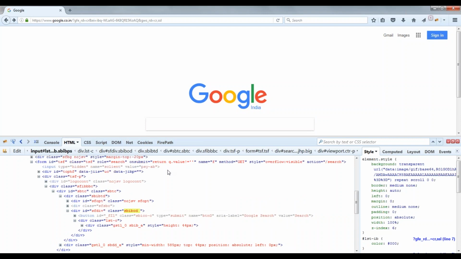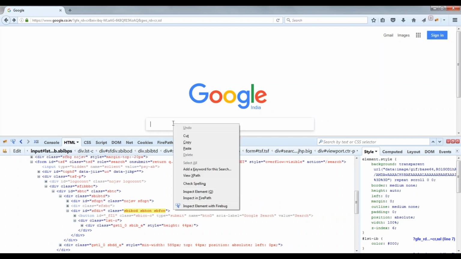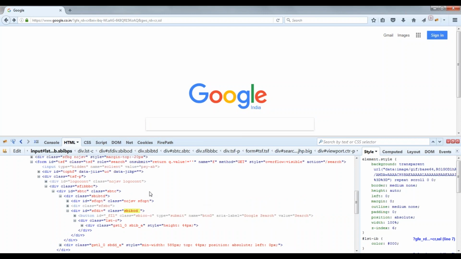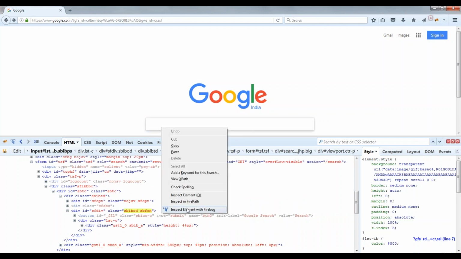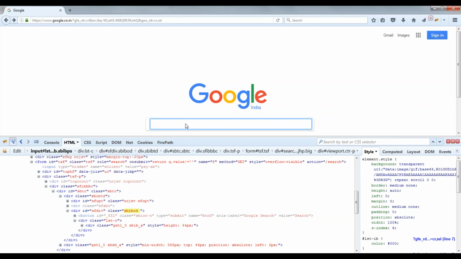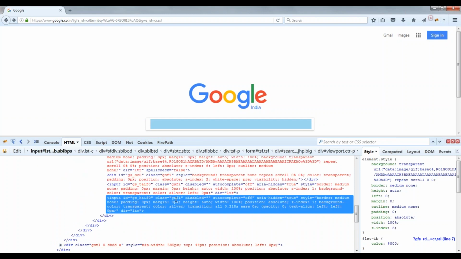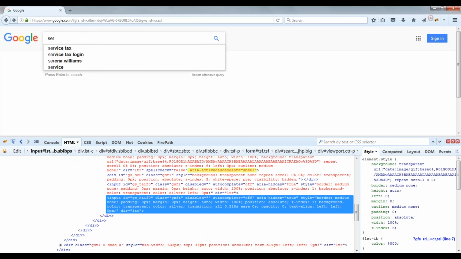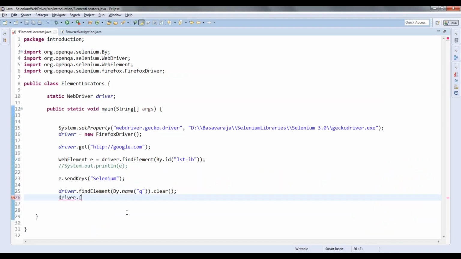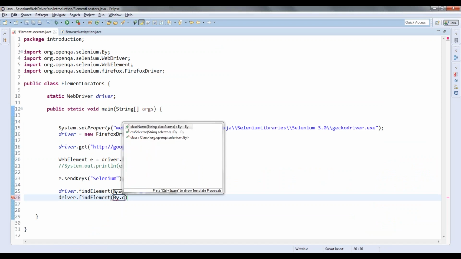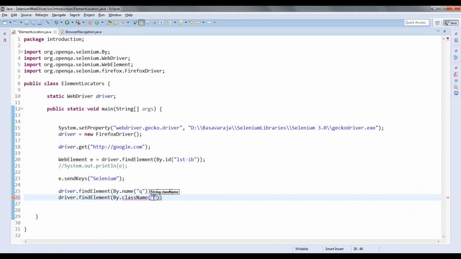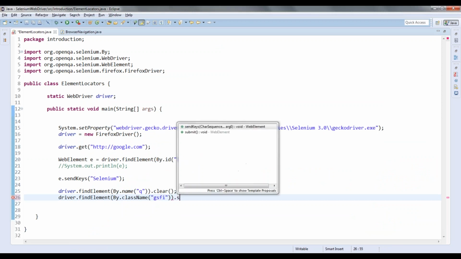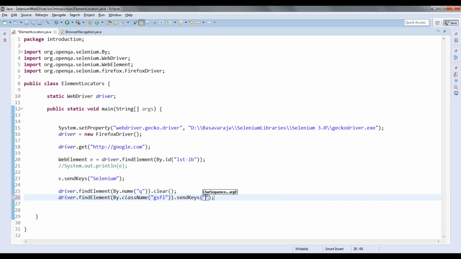Here the class is GSFI, and once I enter also it will give me the class as GSFI. So I will enter again with GSFI dot find element by dot class name. That's the class name, GSFI dot send keys something testing.